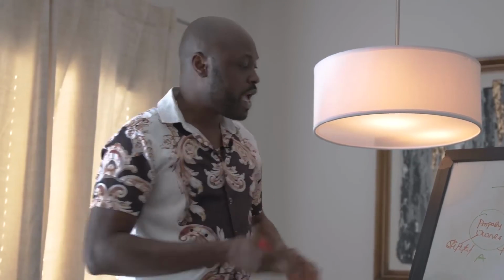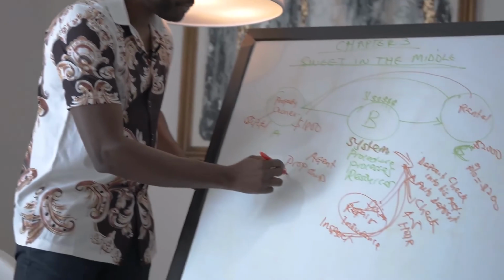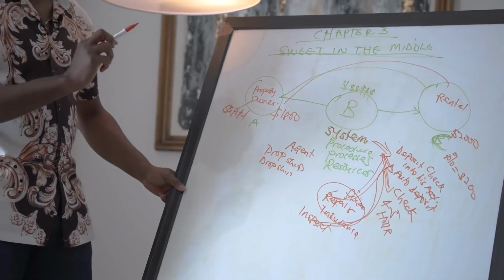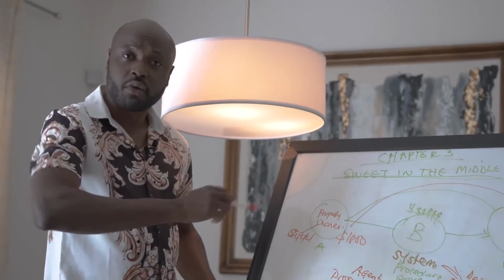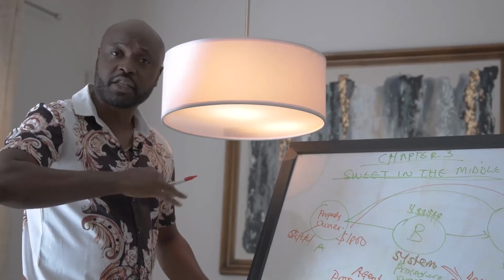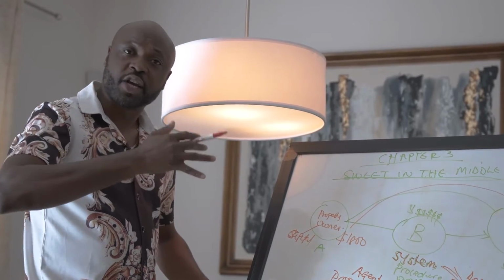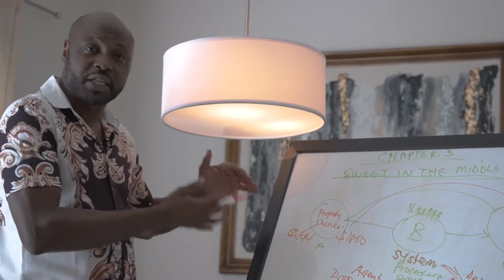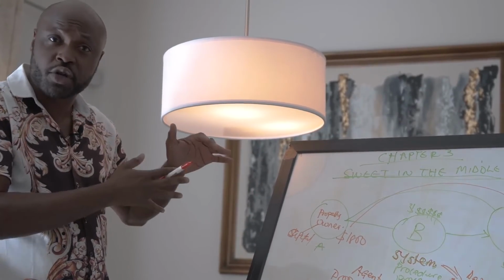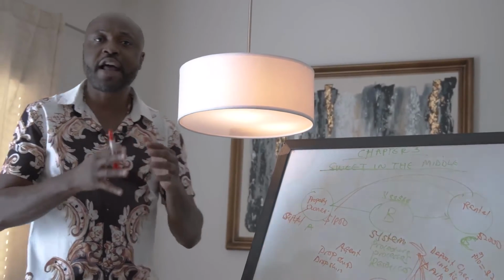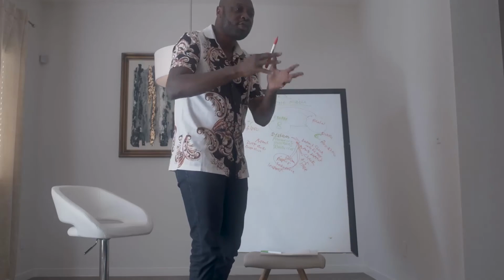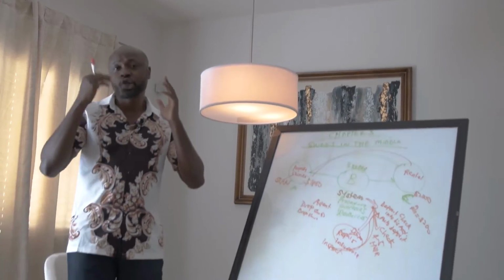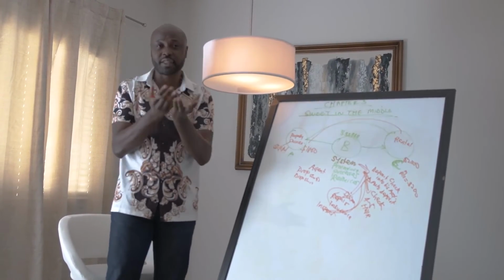That's one example. If we give another example of the drop shipper, Amazon has put in the capital to create the infrastructure where people can trade, or Uber has created the environment for people to trade, or Airbnb has created the environment for people to trade. They've done the capital, they've put in the technology, they are sweat in the middle too, but they put in a lot of capital. But you that don't have a lot of capital, you're coming in to play on existing infrastructure to create your own systems and processes so that you can create wealth out of it.